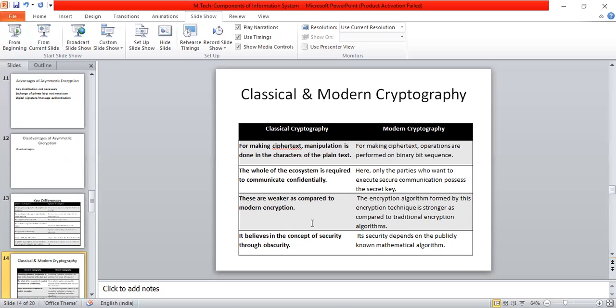Classical algorithms are weaker as compared to modern encryption. In modern cryptography, the encryption algorithms formed by this technique are stronger as compared to traditional encryption algorithms. Classical cryptography believes in the concept of security through obscurity. In modern cryptography, security depends on publicly known mathematical algorithms. This is how you will use the